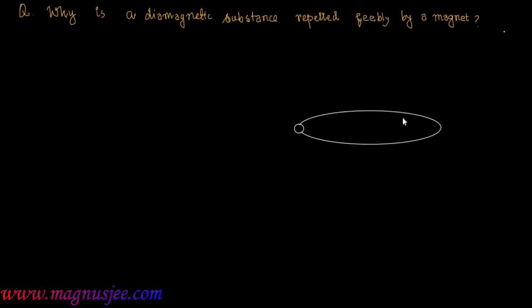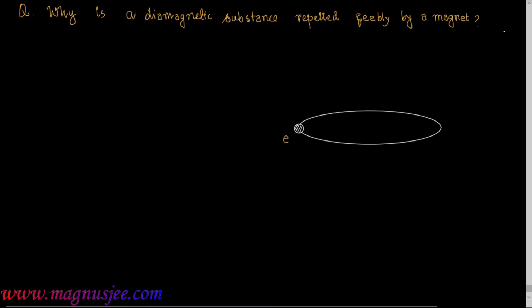Why is a diamagnetic substance feebly repelled by a magnet? Here we can consider that all the electrons of a diamagnetic substance are classified into two types of electrons